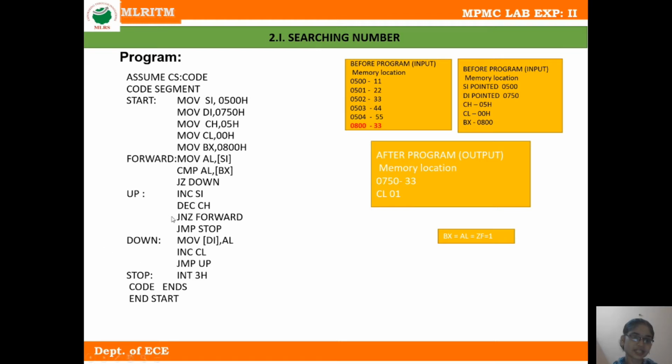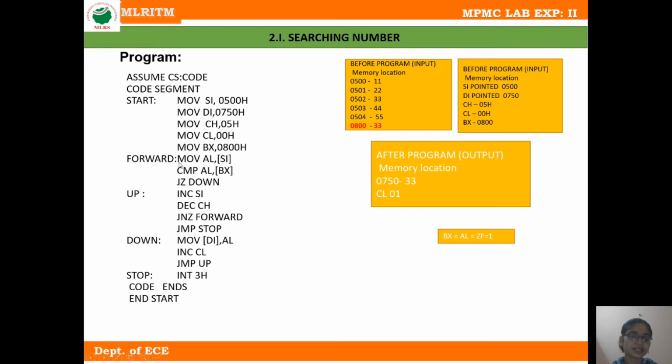The next instruction is jump if not 0. So we know that the content of the CH register is not equal to 0, so this instruction is followed and the program jumps to the forward label.